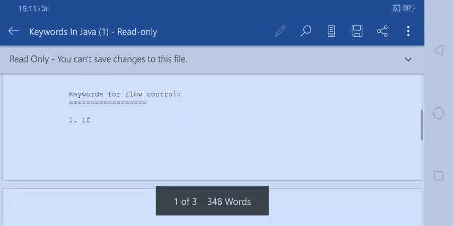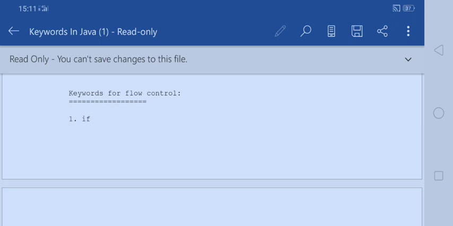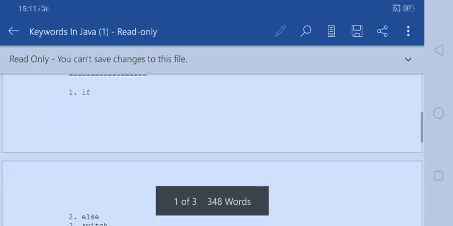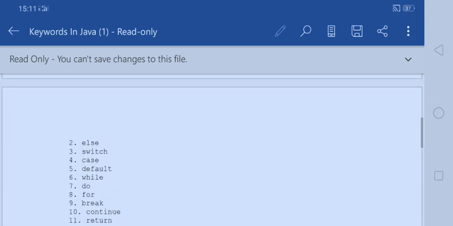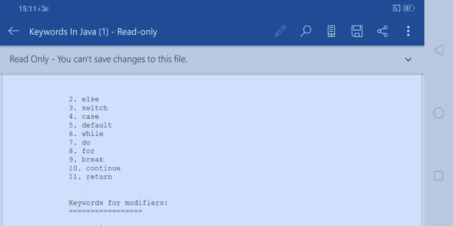And next, keywords for flow control. We have 11 keywords for flow control. Let's see what those are: if, else, switch, case, default, while, do, for, break, continue, return. These are the keywords in Java used for flow control, right?